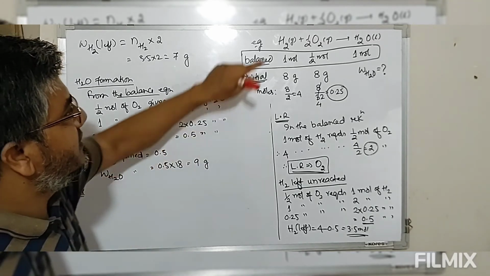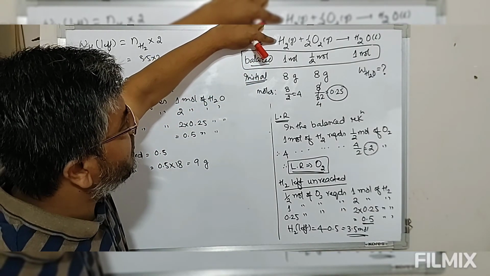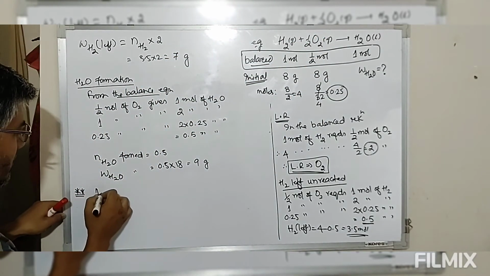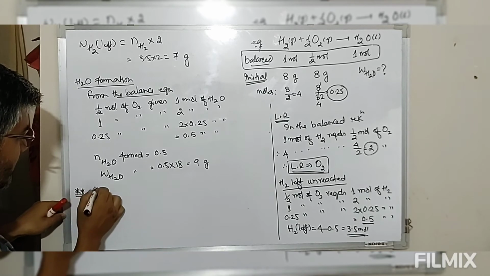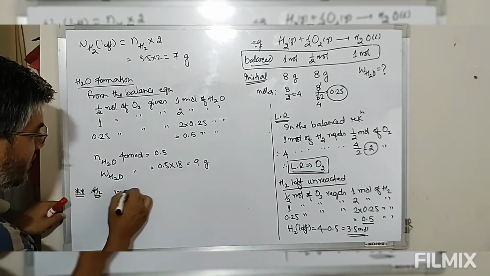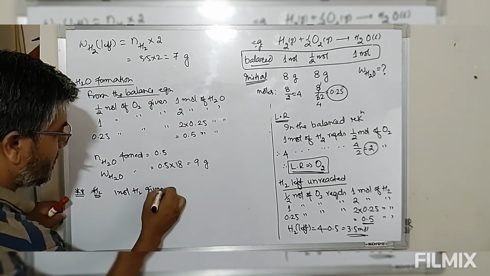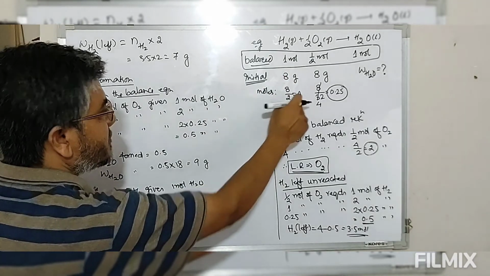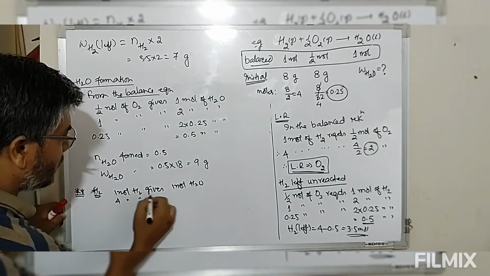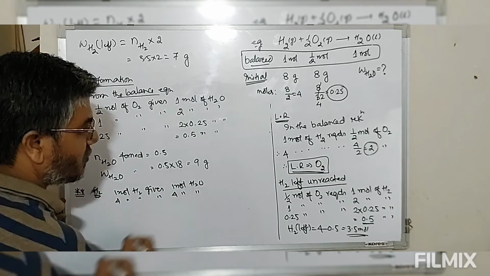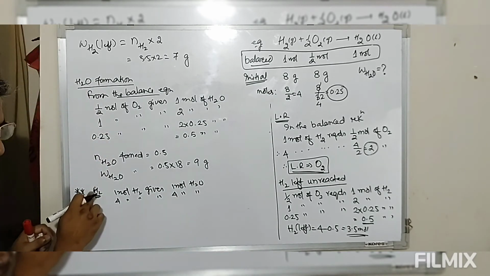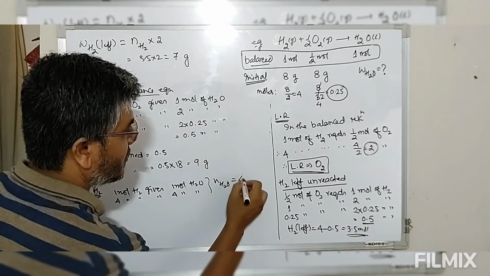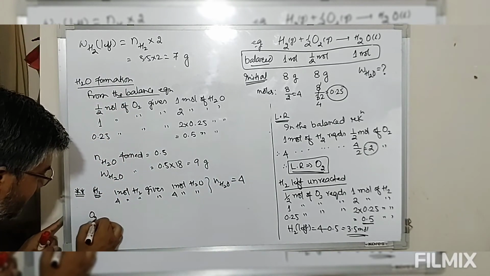Now if you look at this, 1 mole of hydrogen gives you 1 mole of water. So hydrogen, look at this. 1 mole hydrogen gives 1 mole water. So number of moles of hydrogen given is 4. So therefore 4 mole hydrogen will give you 4 moles of water. So in terms of hydrogen, number of moles of water formed is 4. Now take this oxygen.